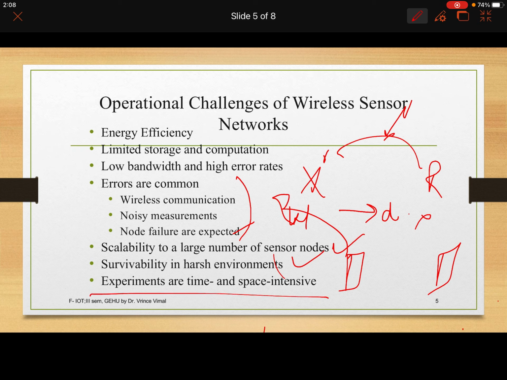Then this last part leaves us with the first question for the assignment: what are the experiments? Experiments are time and space intensive. We have to write a note on this point. Try and find out on the net, and when this unit is over, I'll ask you to submit 2-3 questions. One of the questions